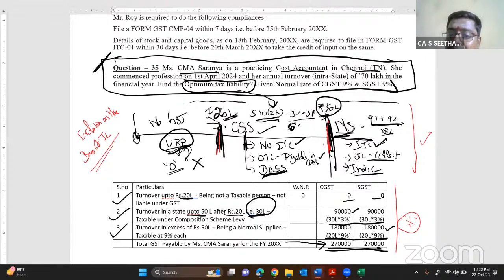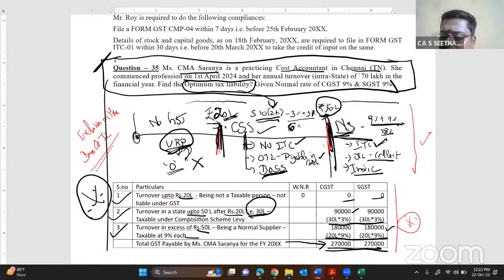Everybody? And once you cross the limit, you will become a normal supplier. You know that. But all these things you need to apply in one area. Mark this question important. And guys, if you want to note down the answer. I wanted to specifically cover this question because it's a trending area and it's a mindful question. Excellent mindful question. And there is every probability this can be drafted at our examination.